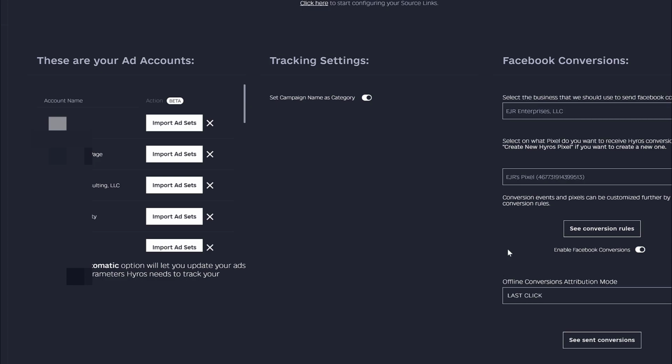Now, the vast majority of e-commerce businesses will want to stick with the default of last click. The reason for this is the vast majority of sales occur after people see your initial ads. However, if you have a more premium e-commerce store, meaning you're selling higher ticket items like furniture or things like that, where your price point may be a couple $100s or maybe even a few $1,000s, and in those cases your sales cycles would possibly be much longer, maybe weeks or possibly more than a month, your setup will be